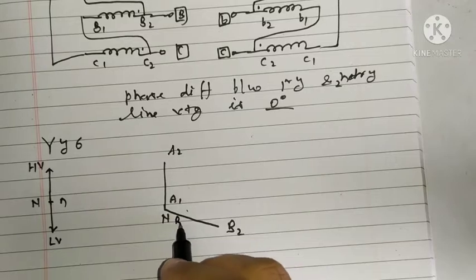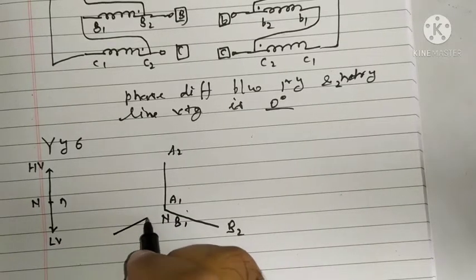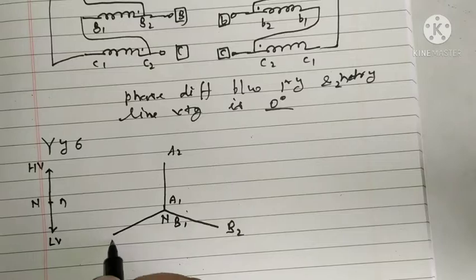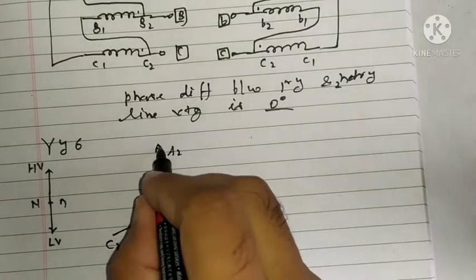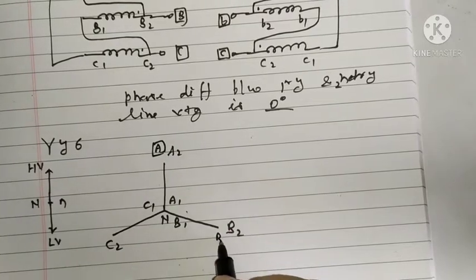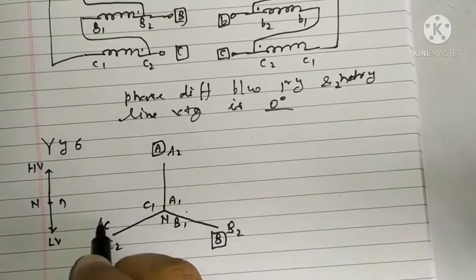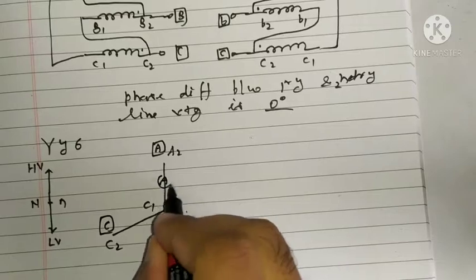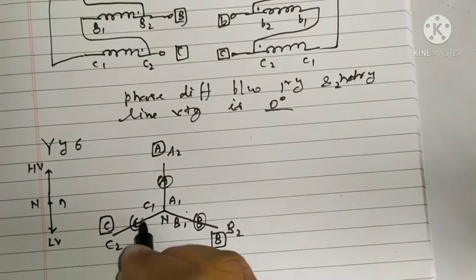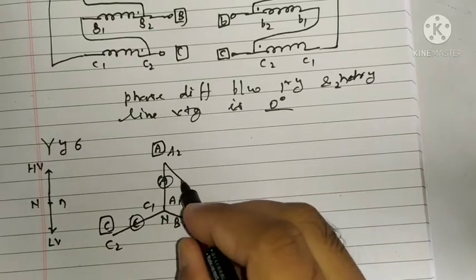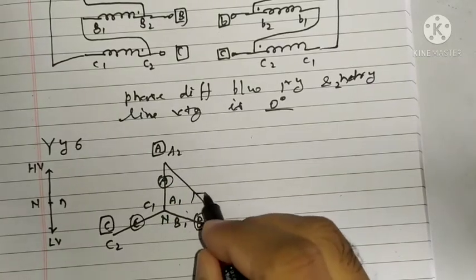It is B2 B1, and we will have C2 C1 here, and this terminal will be A terminal, this will be B terminal, and this will be C terminal. This is A arm, B arm, and C arm, and A to B or B to A, VAB